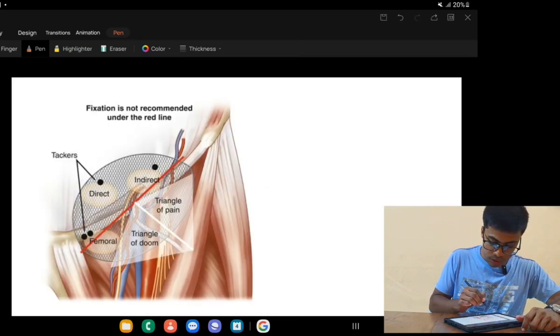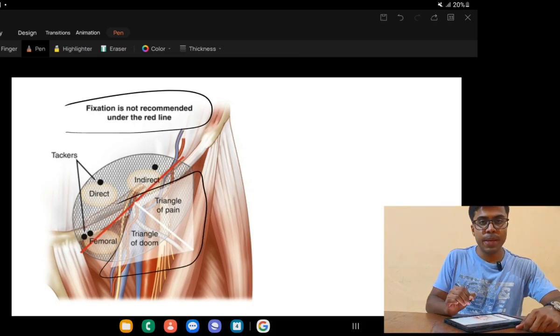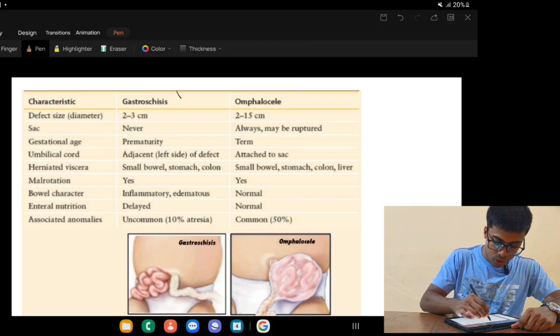So next, moving on to this diagram, triangle of pain and triangle of doom. Fixation should not be done in this area, as it may lead to pain or dizziness, that is doom. Now coming to two more conditions I want to discuss,